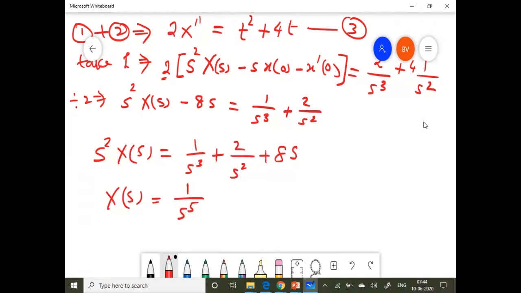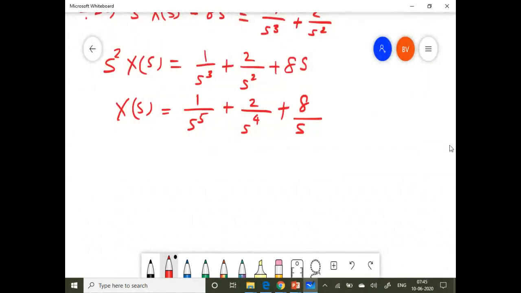S raised to 5 plus 2 over s raised to 4 plus 8s over s square. It will be 8s, 8 over s. Now take Laplace inverse. We know everything is the powers of s, so you'll get t, isn't it? So Laplace inverse on both the sides will give you small x of t in the left side,